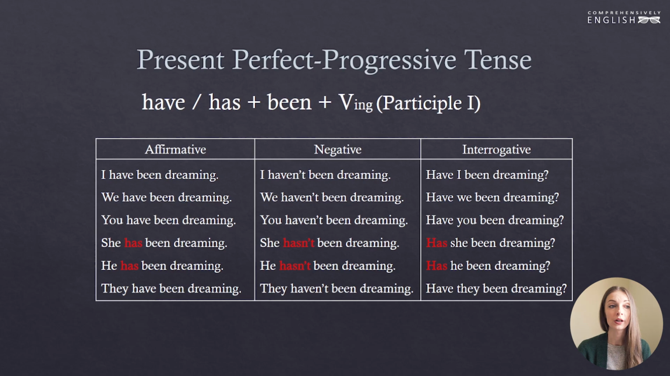In questions or in interrogative sentences, you put the auxiliary verb "to have" at the beginning of the question. Have I been dreaming? Have we been dreaming? Have you been dreaming? Has she been dreaming? Has he been dreaming? And have they been dreaming? Don't forget about "been." That's what sometimes happens, yeah? Remember that there are two auxiliary verbs. "Have," that goes to the first place in questions, and